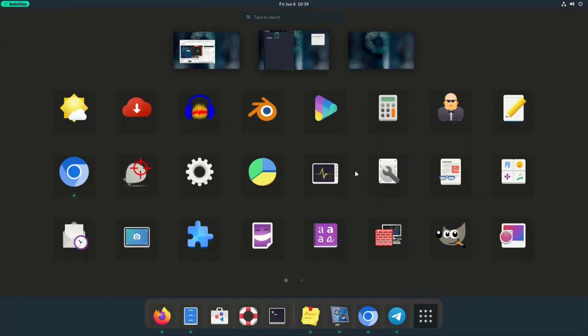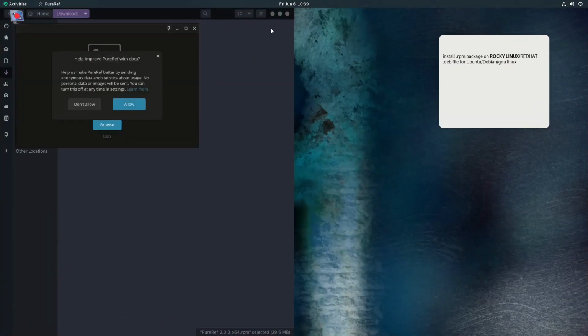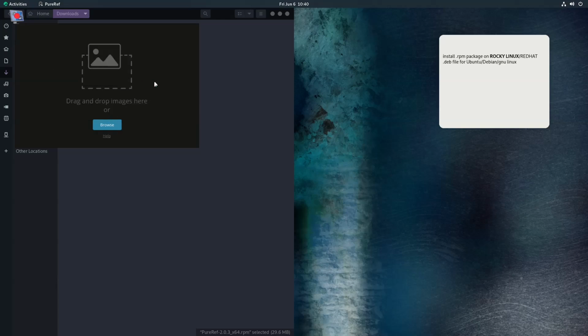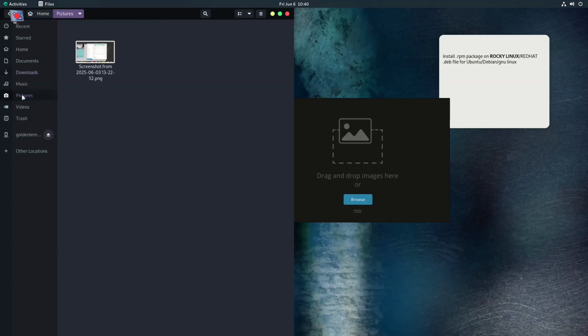But in the Windows system it is very critical to search for the software from a website. But in Linux and Mac OS, it is very easy. Just open the software package manager, search and install. And I want to install PureRef. PureRef, you may know if you are an artist, is a reference software where you drag and drop pictures.